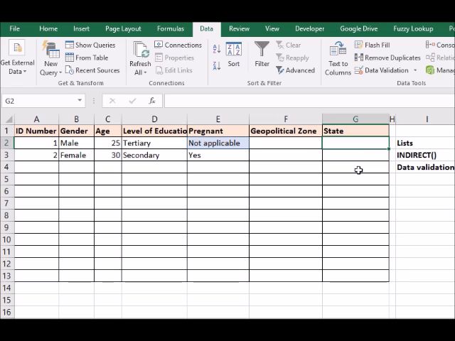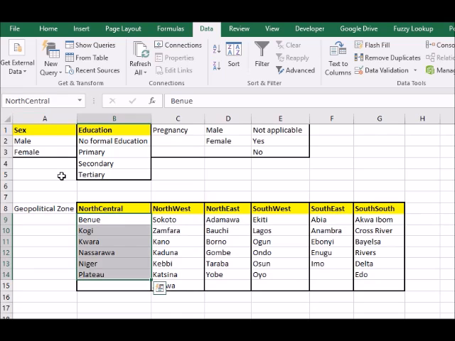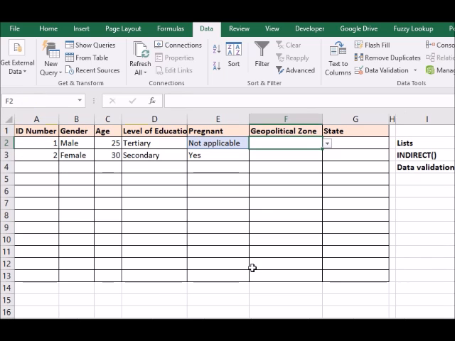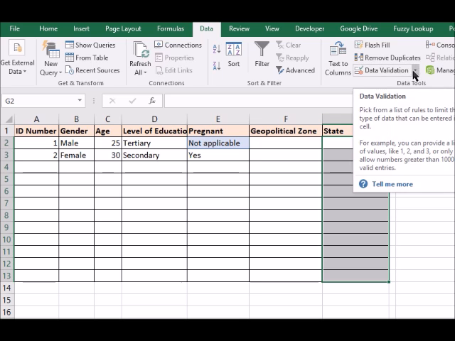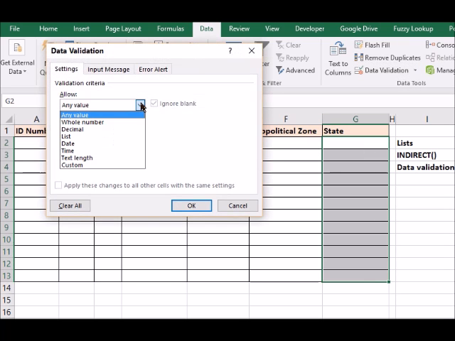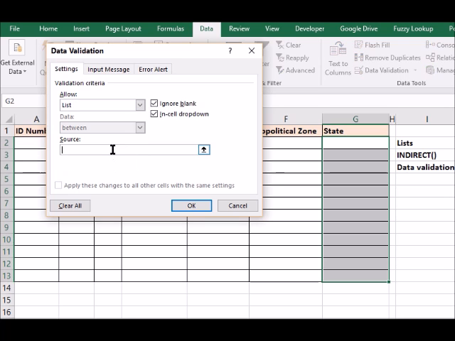Okay, but here now I want this state to be such that if I pick a geopolitical zone here, then the list I'll be seeing will be the list of states from that geopolitical zone. For instance, if I click on North Central here as a name, you can see it's highlighting the list of North Central. If I say Southwest, you can see it's highlighting all of the Southwest states. Okay, so we use the indirect function to actually get that done. I say data validation for this range and I say list. And what is the source of my list? I say equal to